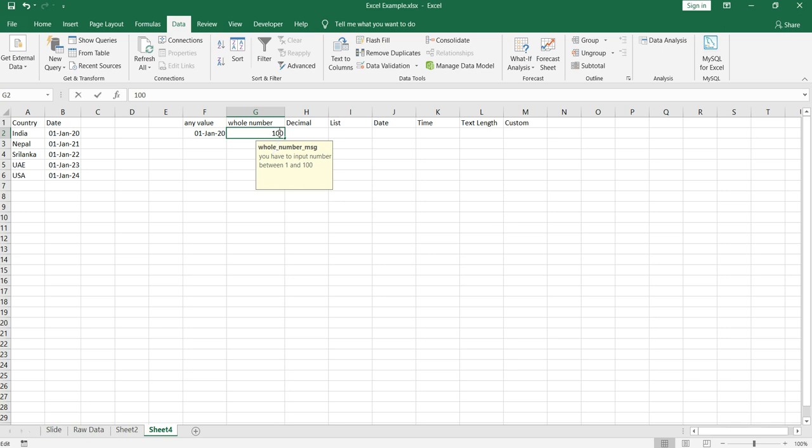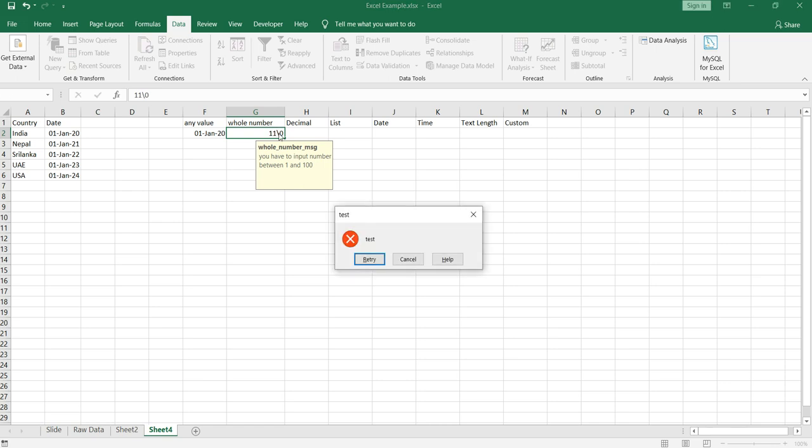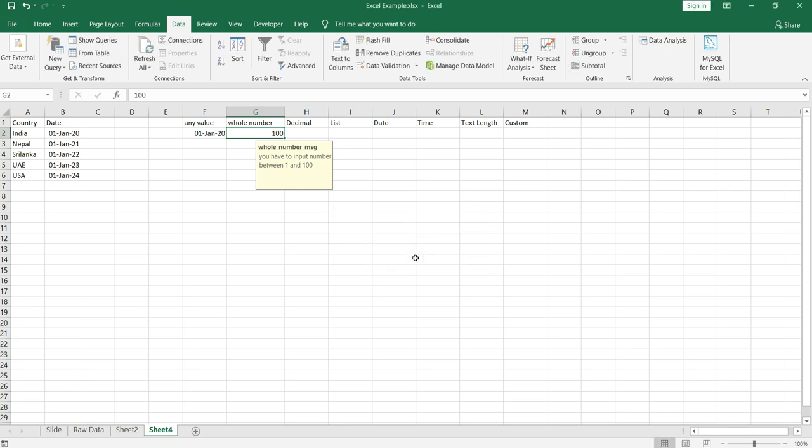Now I'll input 110. If you want more detail about this, you can click on this help button to get details of this data validation. Otherwise you can click on cancel, and by default it will choose the highest number. So this is the way you can restrict a user to input a whole number in a particular cell.